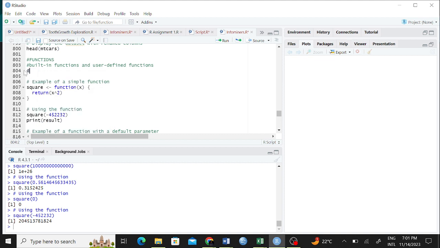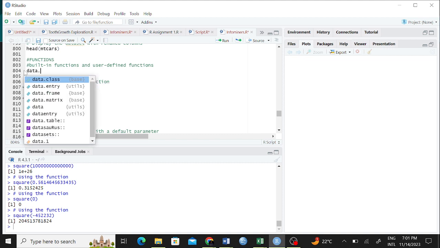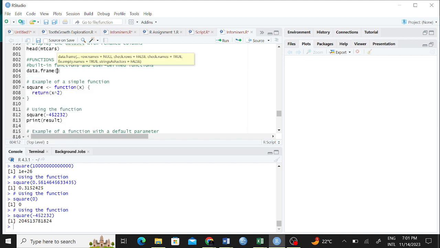You want to declare a data frame, you have to use data.frame, and R will know that this is a data frame. So the function of function here is for R to know that whatever we have here is a function. Are we together, Hubert? Yes, I'm okay. Okay, so that is that.